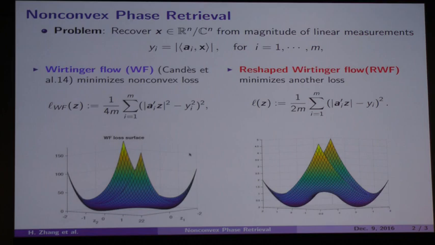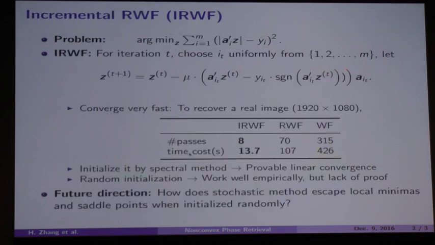We can get a hint from these two graphs. The right one is our loss surface. The left one is the Wirtinger flow loss surface. You can see our loss surface behaves more like a quadratic function locally, which is known to be easily minimized in practice. And moreover, we consider the stochastic version of